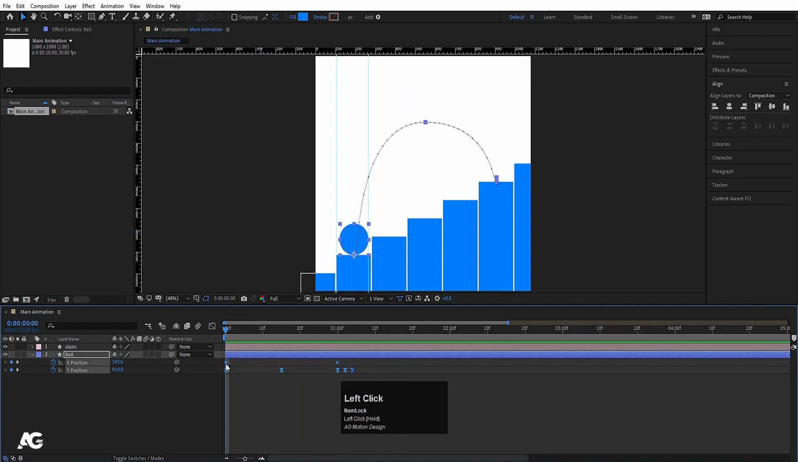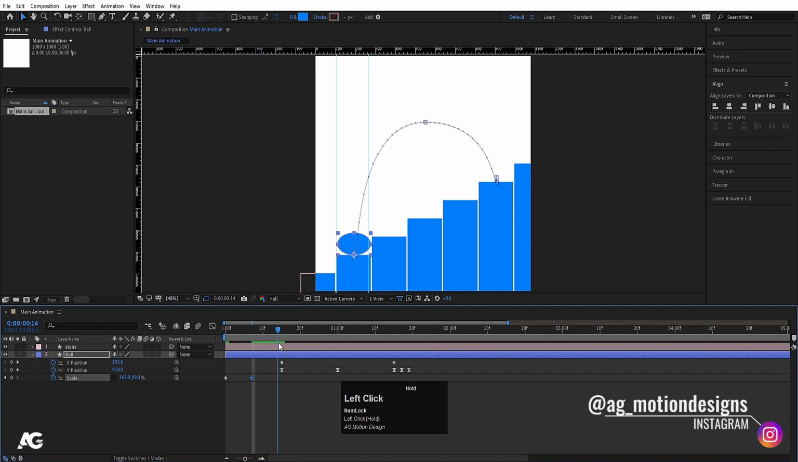Now select all the keyframes and move them around, let's say 15 frames. Now select this, press S for the scaling option and unlink this option, create one keyframe over here, hit U now, and at this point I'll make it like that and I'll increase it over here, and at this point